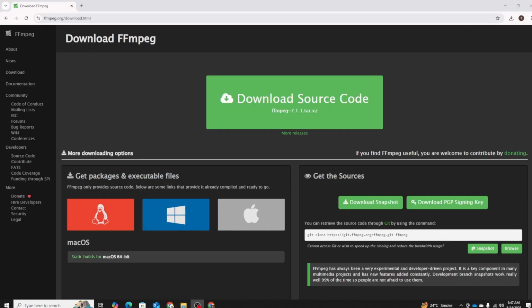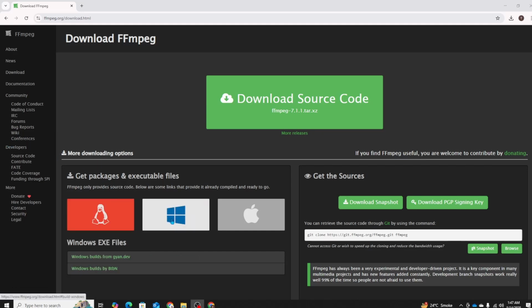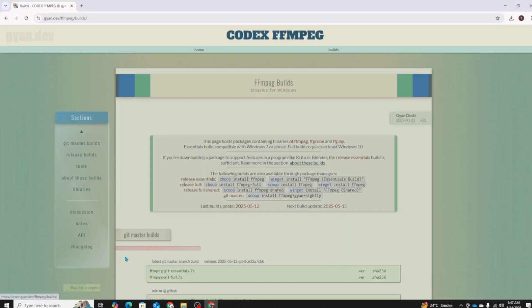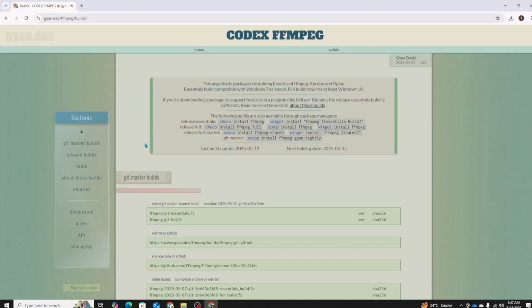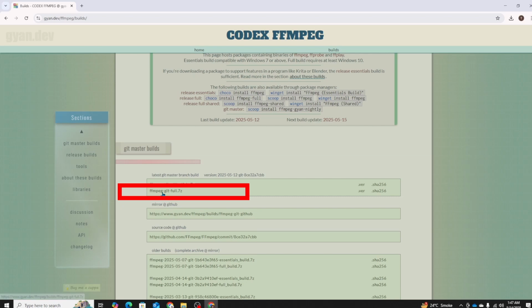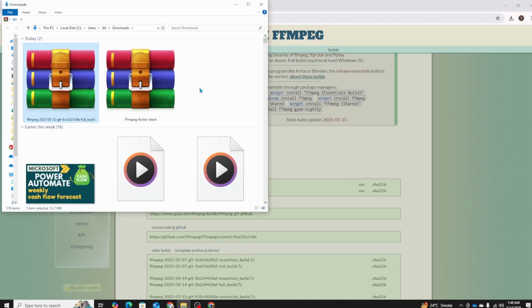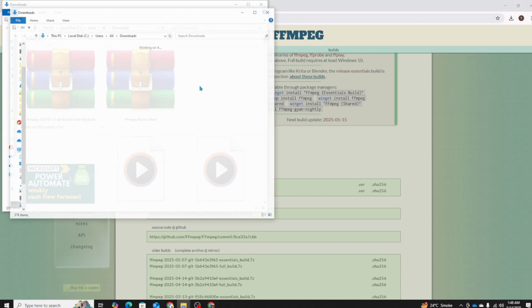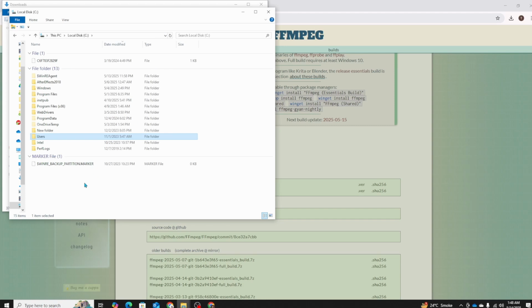Alright, so once on the ffmpeg page, click on Windows and we'll select this first option that says Windows builds from gyan.dev, which brings us to this page. From this page we want to download this ffmpeg git full. Once you have the downloaded file, we go to C drive and we create a new folder called ffmpeg and